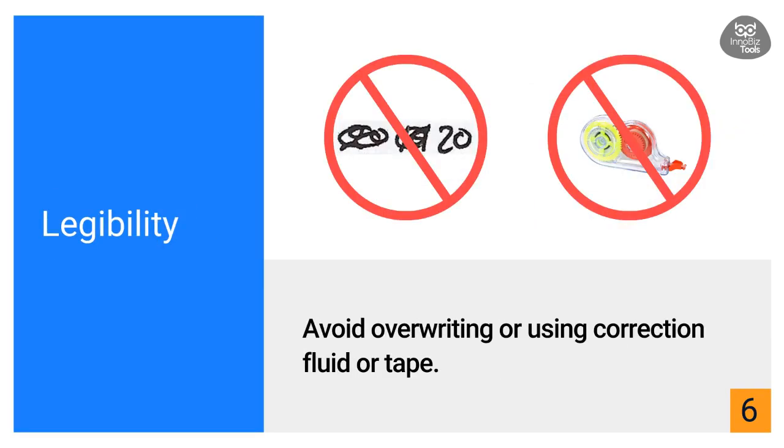6. No overwriting. Avoid overwriting as well as the use of correction fluid or tape. Overwriting can make the document messy and unclear, potentially leading to misunderstandings. Correction fluid and tape may raise concerns about tampering or hiding mistakes. It's best to follow the single-line strike-through method and adhere to good documentation practices to maintain the document's integrity and